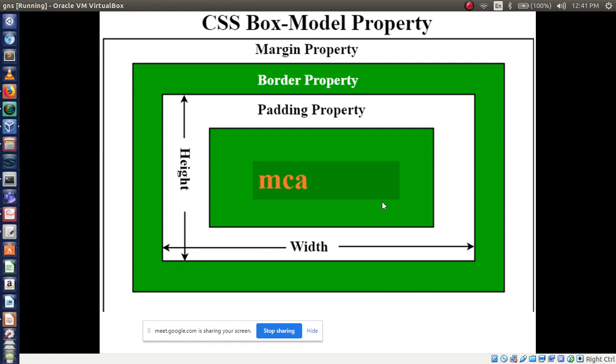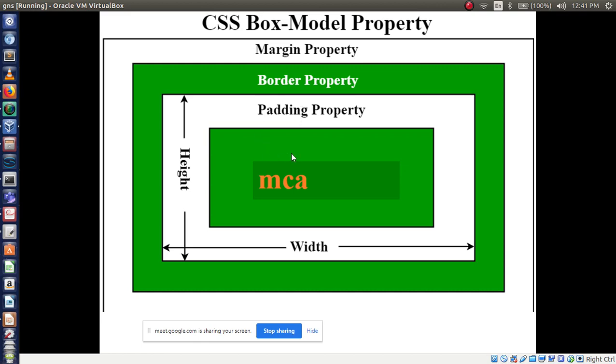This is a box model. You are applying a box, you are making a box. In that box, if you want to make any content display, you can use box model. Okay, this box model has the margin property, border property and padding property. This padding and spacing I have taught in the table tag. Do you remember that, table padding and cell spacing? Yeah, so the same logic we have to apply here.